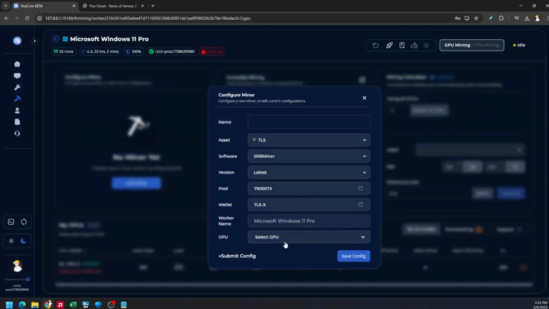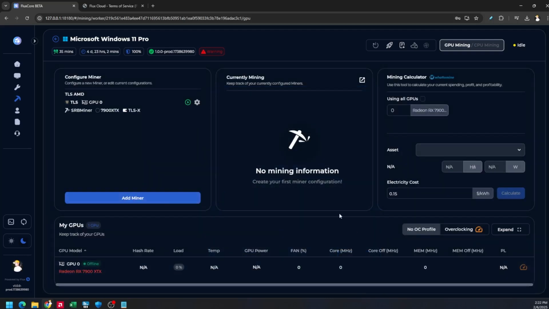And you select that wallet, select the GPU you want to mine with, and then give this config a name. So let's say TLS 7900, or let's just do AMD because it might be more than one AMD. And then the pool that it might be on, whatever you want. Doesn't really matter. Save config. You could also submit the config, but we're just going to save config and then let this thing start going